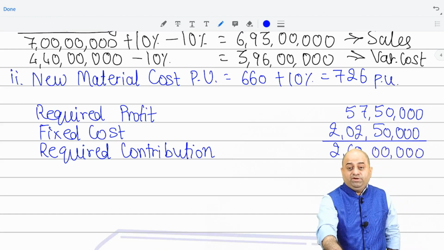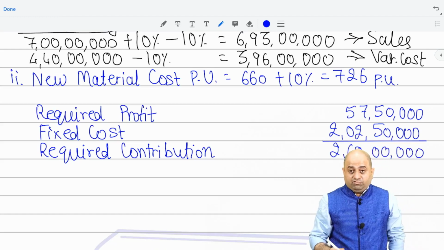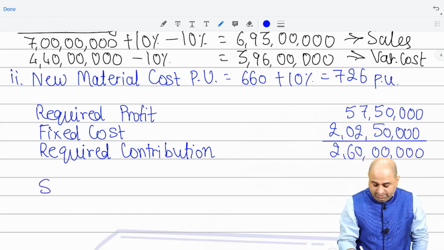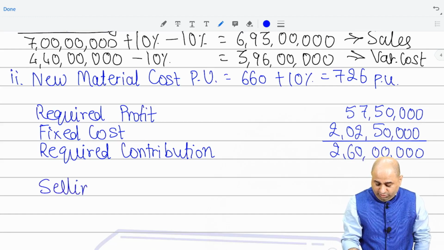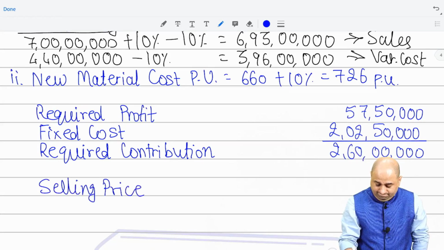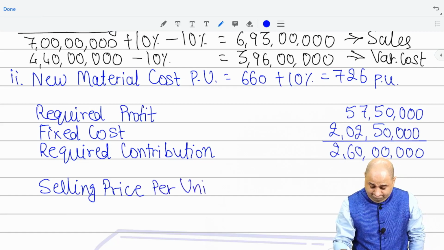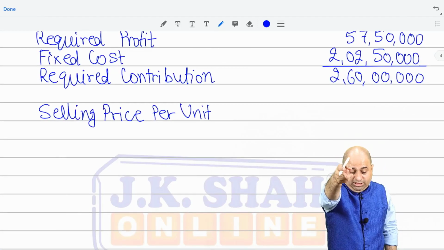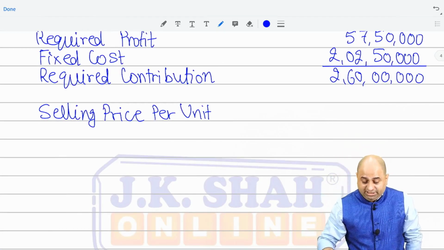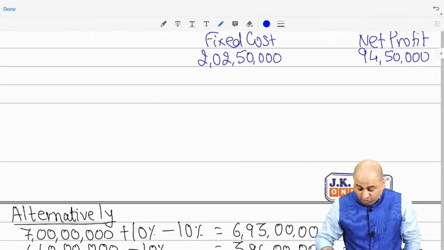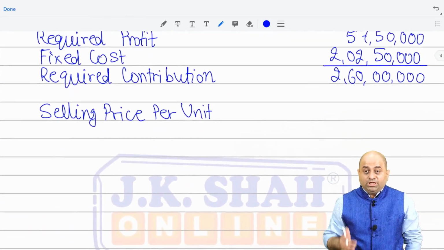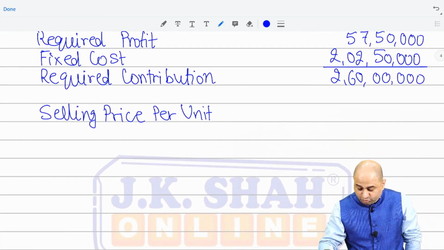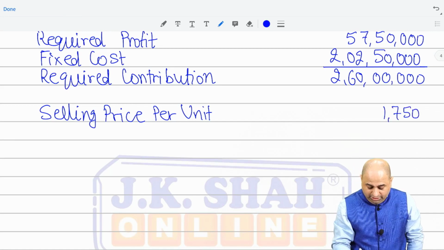I will simply find contribution for 1 unit, or in our words, contribution per unit. So how will I find? Simple. Selling price per unit, which they wanted to keep the same. Check the question. They said at the originally budgeted selling price per unit, which is 1750. Guys, I hope you realize that since we have calculated all the possible details at present, how easy it is to solve this problem. 1750 less